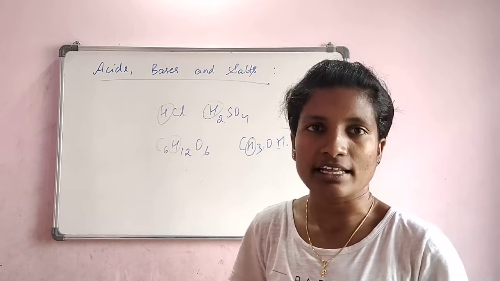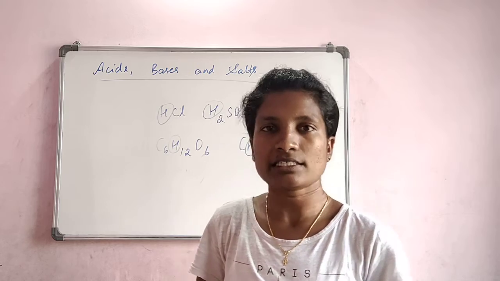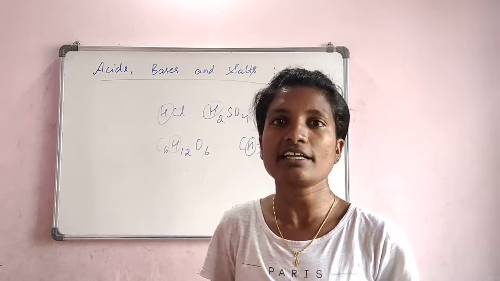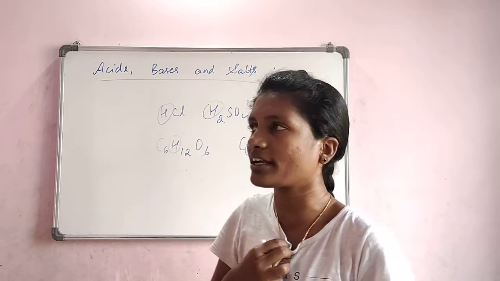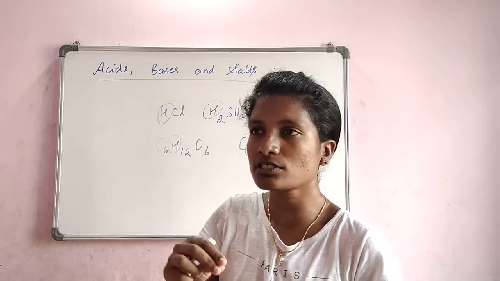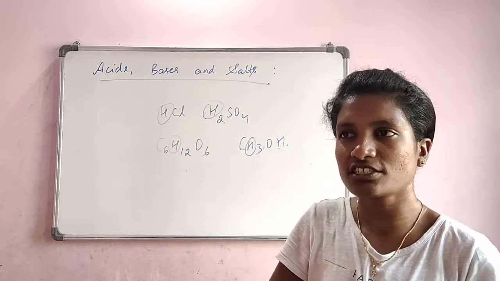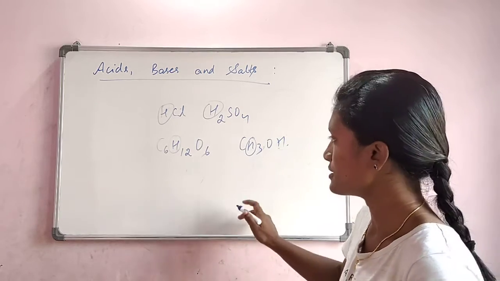Now let us conduct an experiment. As we all know, one of the properties of acids is that acids are capable of conducting electricity in their solution state, right? When they are taken in solution state, their ions get decomposed and those ions help the electricity to pass through them. Hence they are called electrolytes, which we studied in yesterday's session.